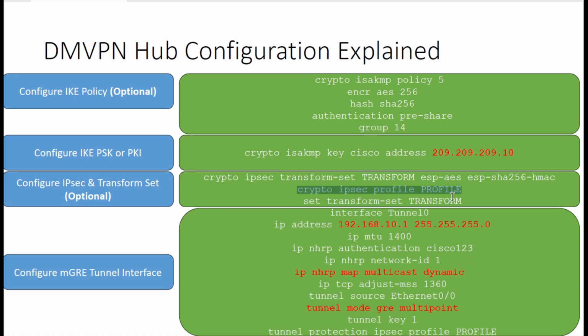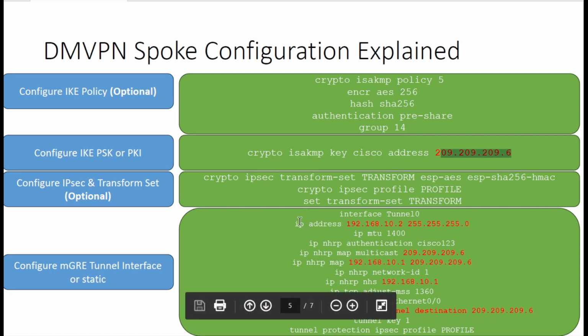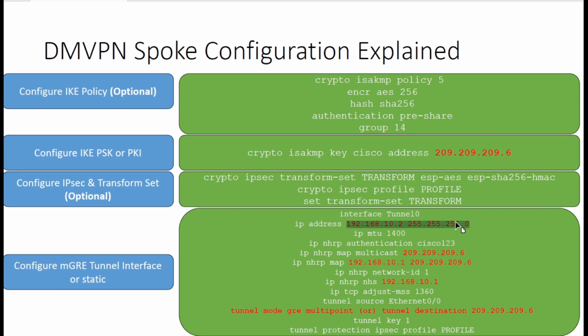Again, if you don't create one, you can just use default as well, and we'll take a look at that as well. Similarly, we're using pre-shared keys again, so this is going to reflect the hub's IP address in this case, because we're now looking at the spoke configuration. Now, if we just jump straight down to our tunnel interface, we can see again we're assigning an IP address